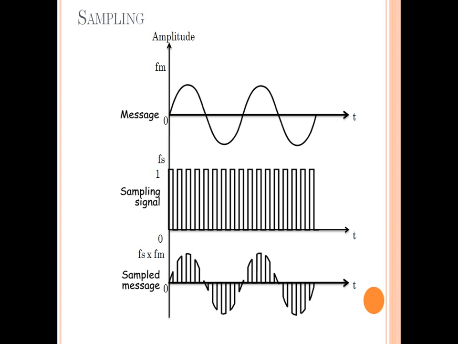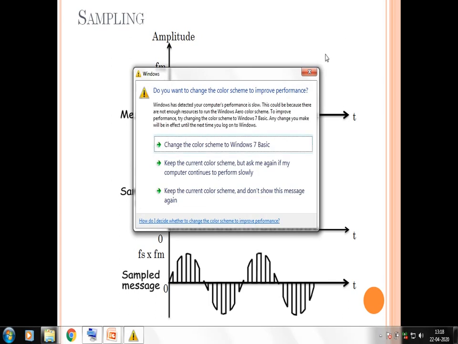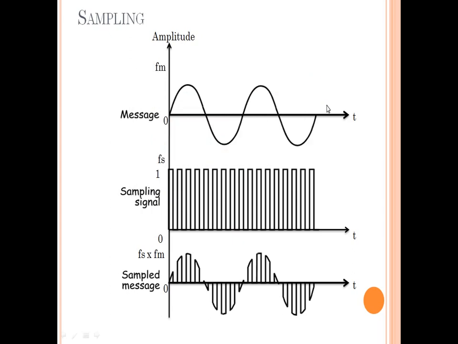Suppose I have a sine wave message signal that is continuous, and the sampling signal is a square or rectangular pulse consisting of values 101010 and having a much higher frequency than the message signal. So if I multiply the message signal with the sampling signal, then